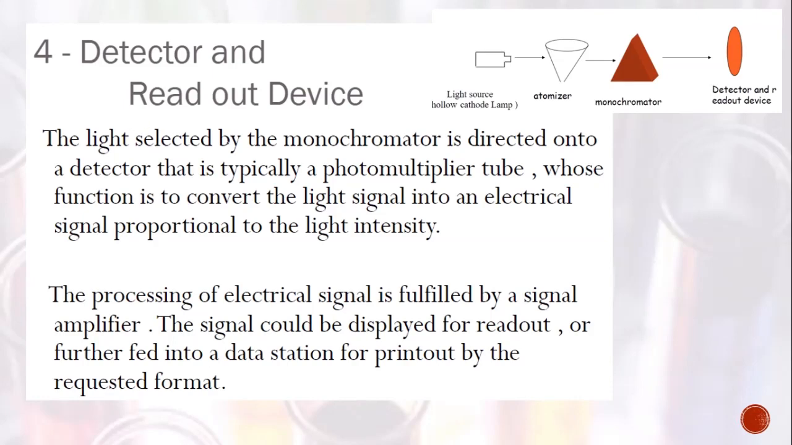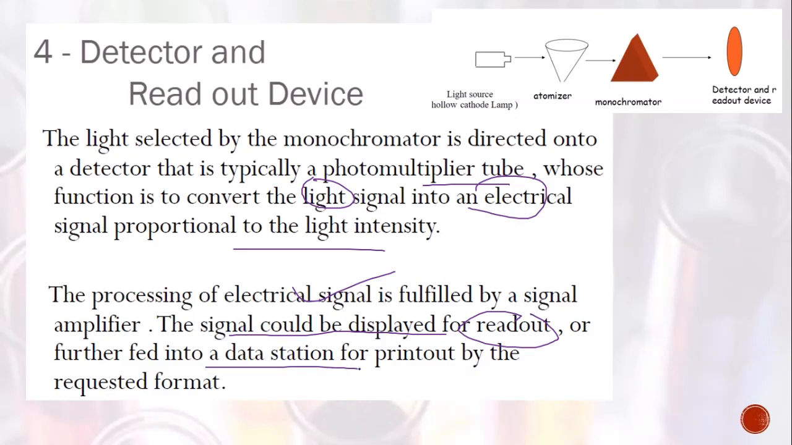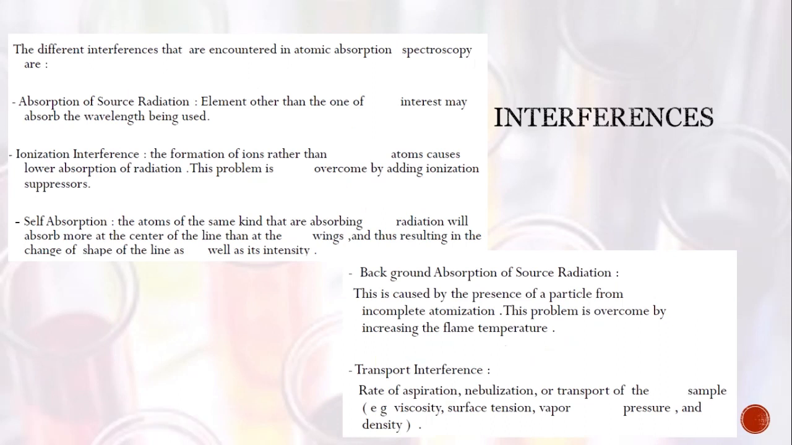So at the detector, the light from the monochromator is directed to what we call a photomultiplier tube. Its function is to convert a light signal into an electrical signal, and this will help us to map the light intensity. This electrical signal is fed to a signal amplifier, and the signal can be displayed on the readout. And now we can have the data printed as requested to see what was the concentration of our desired analyte. Now this particular process can also have interferences that could affect its